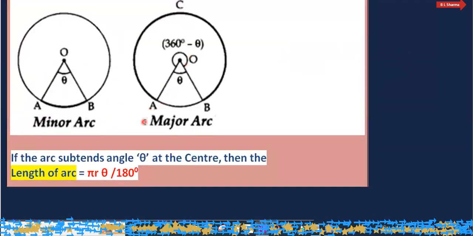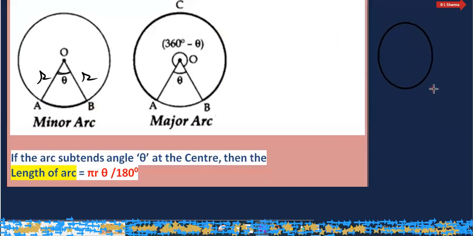Next, now if we wish to find out the length of the arc, how to determine the length of the arc AB if its radius is given and an angle at the center is given. How do we find the formula for the length of this minor arc? Students,